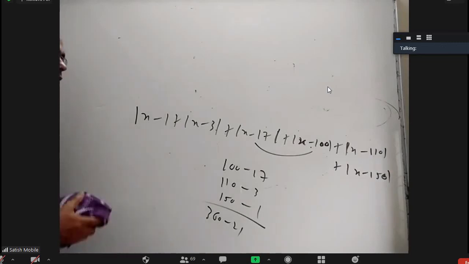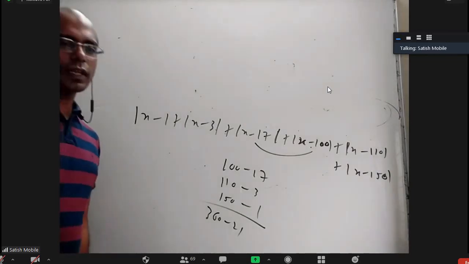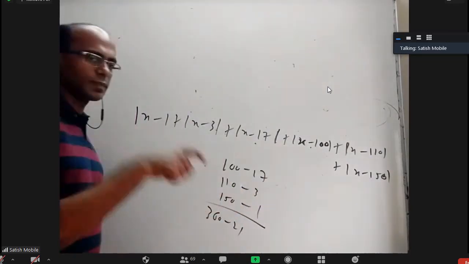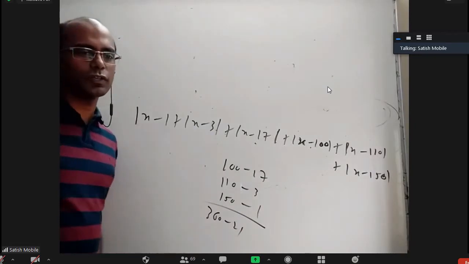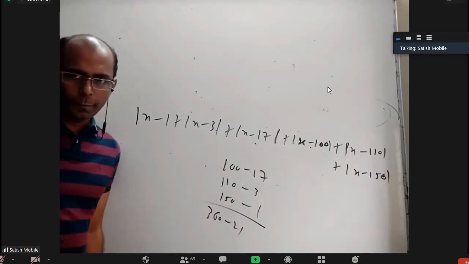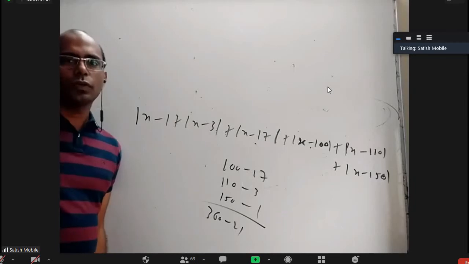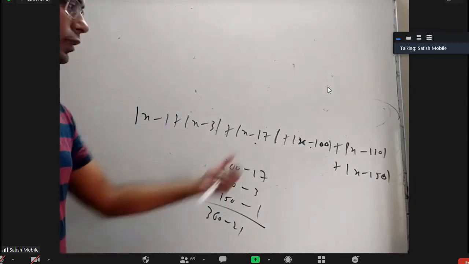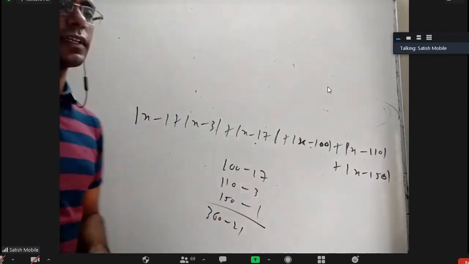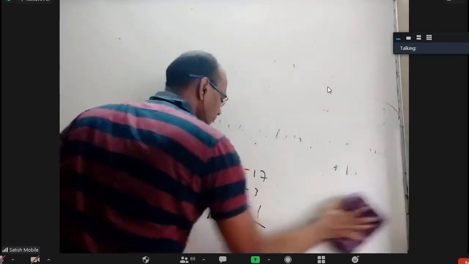Okay. And not only that, what are the x values for which this minimum is attained? Complete set of x values for which this minimum is attained. 17 to 100. Yeah, closed interval 17 to 100. Okay, if this is attained, minimum automatically others attain minimum. Okay, just something more interesting about mod, that's all.